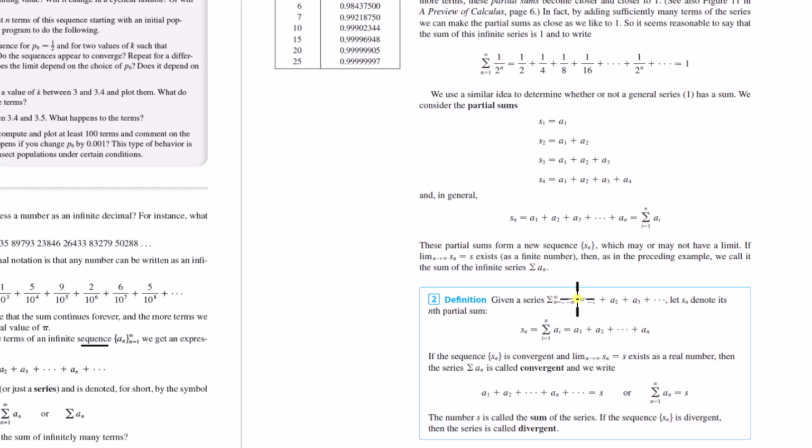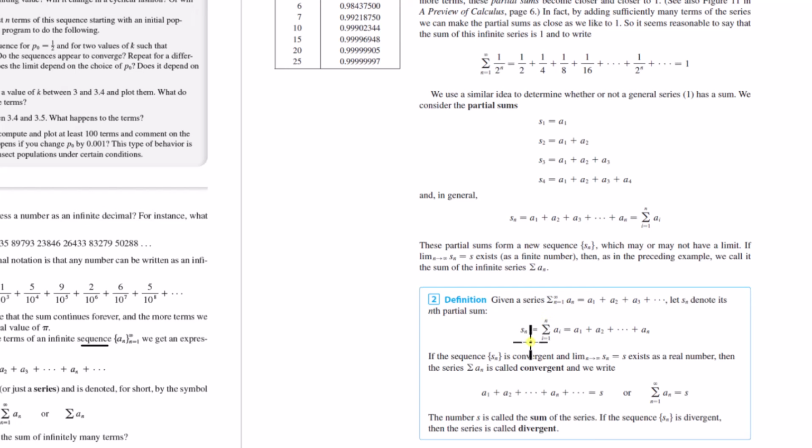And so in this situation, they could just put a sub n instead of a sub i, because if you had this going from i is equal to 1 to n, and then you're taking the limit as n goes to infinity, it just depends on how you want to write it. Okay, but you're summing the terms of this sequence a sub n, from the first term to infinity, right? So this infinite series, and then if we let S sub n denote its nth partial sum, so now